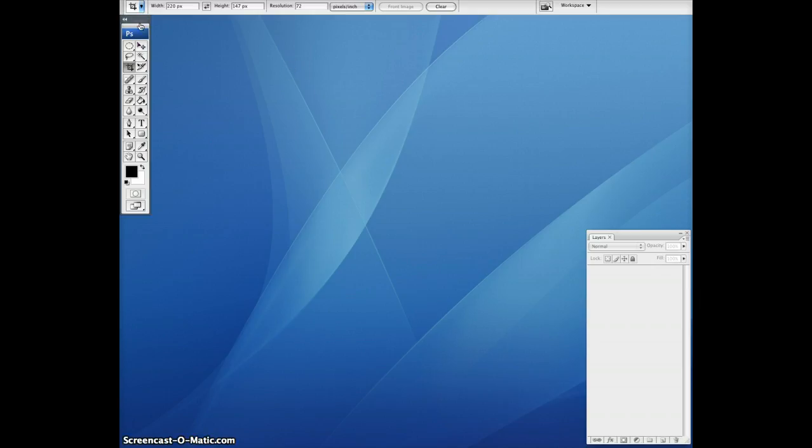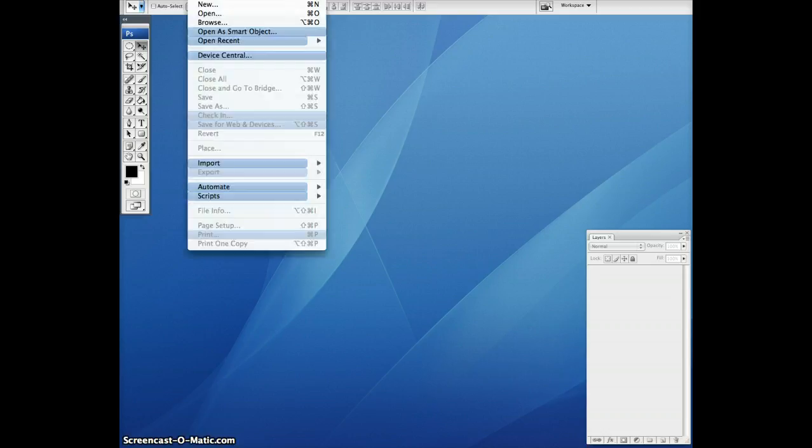I'm working on a Mac at the moment. It might look slightly different, but all the tools are the same and all the menus are the same. So first off, I'm going to create a new file. So it's File, New,